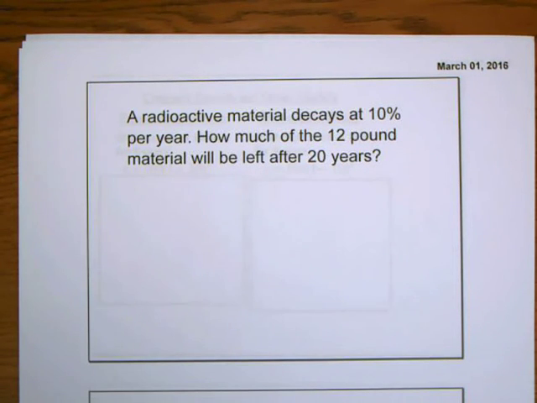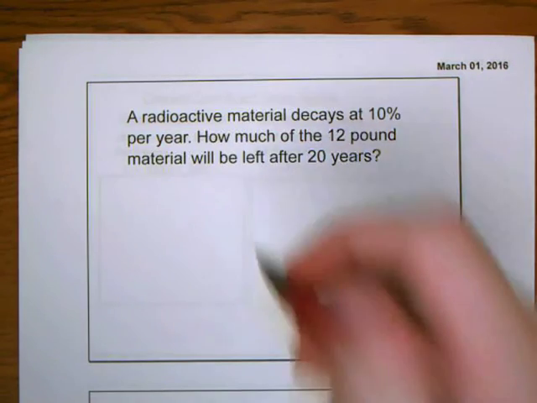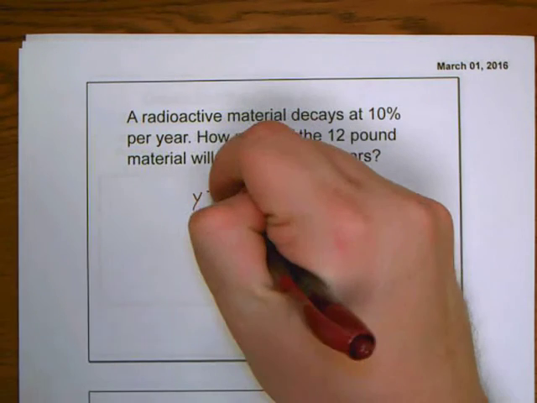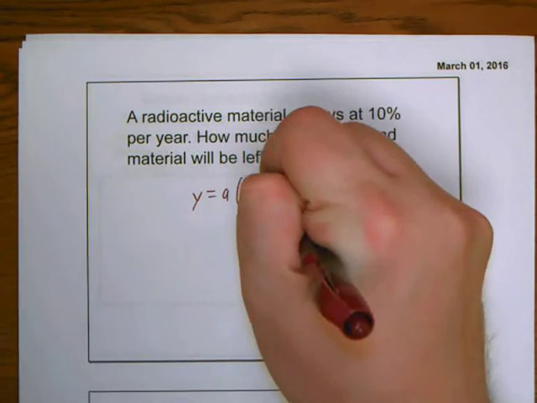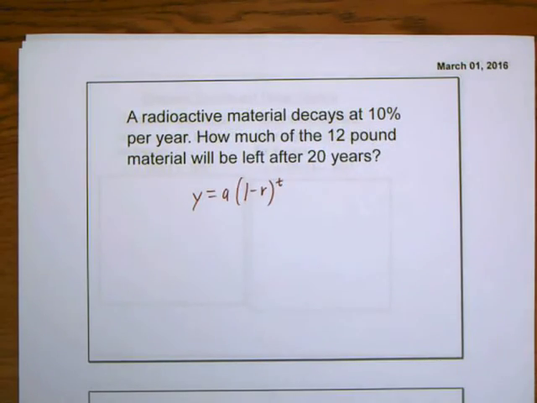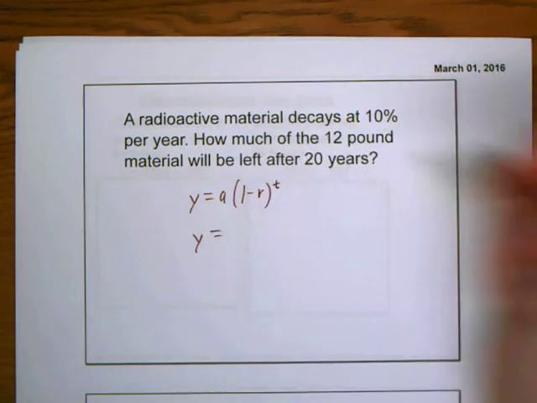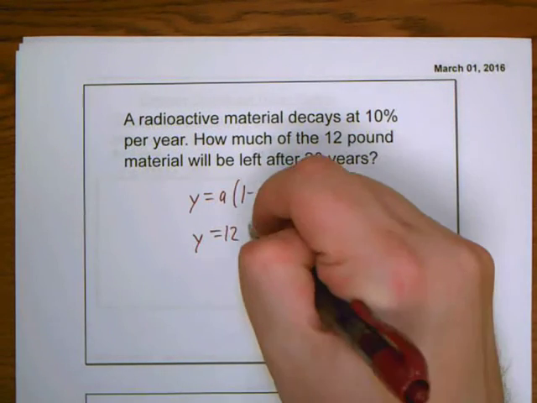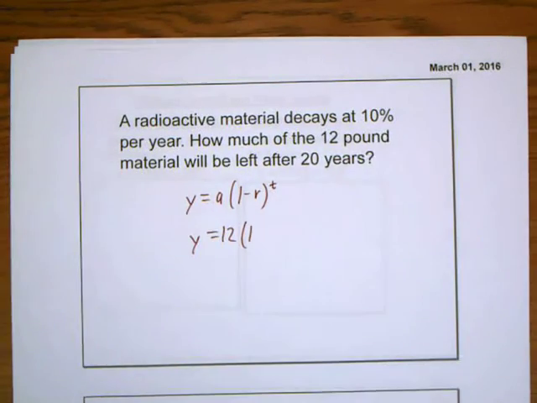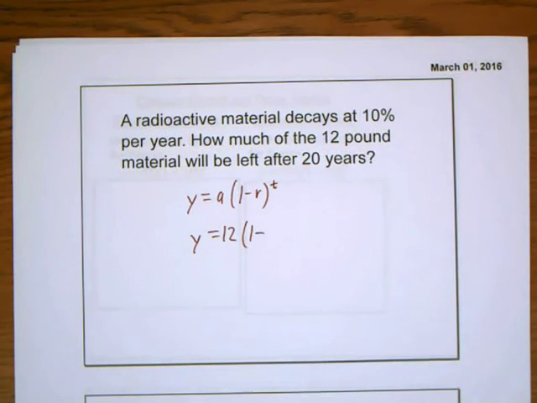So, if we have a radioactive material that decays at 10% per year, we want to know how much of the 12-pound material will be left after 20 years. If we remember our formula, it was y equals a times (1 minus r) to the t. A was our starting amount. In this case, it would be 12 pounds,